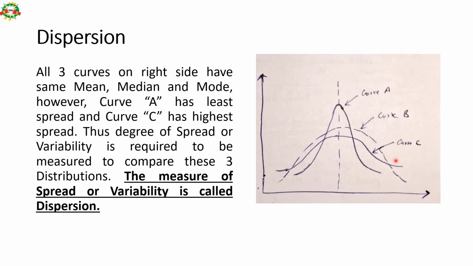So first we discuss the modal points, comparing distribution curves with respect to the modal points. And second we discuss their tails. Now we are talking about when their mean, mode, and median are the same, or all are normal distributions, even then we want to measure the area under each curve. Dispersion is a measure of that spread or variability under a curve. This is dispersion. Just remember this definition. The measure of spread or variability is